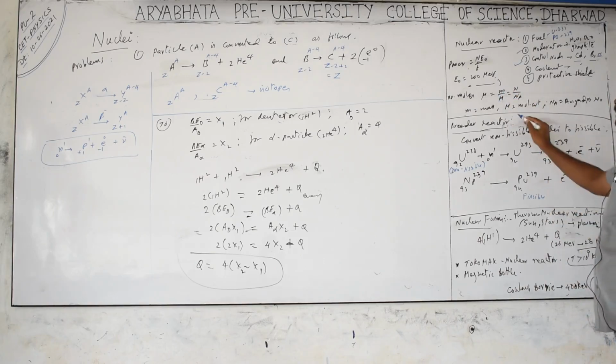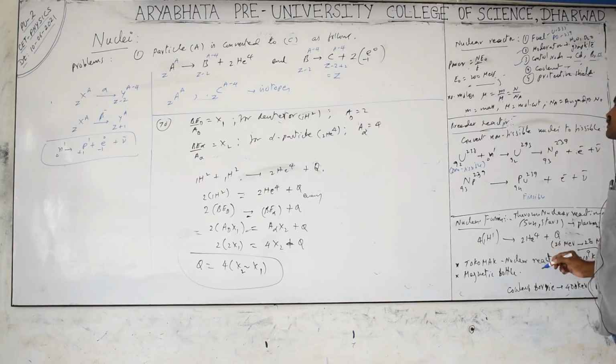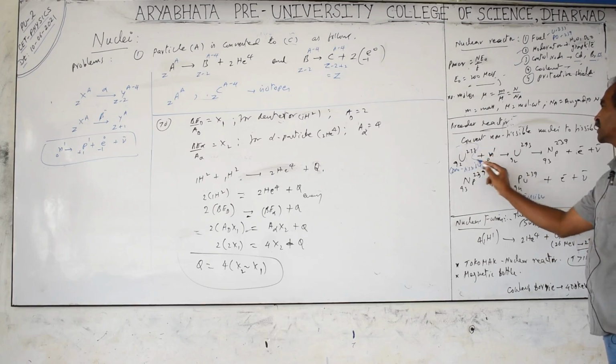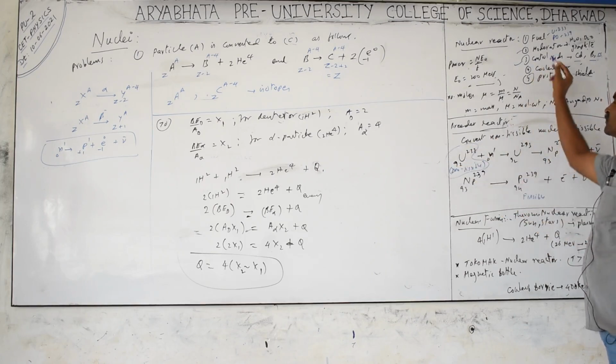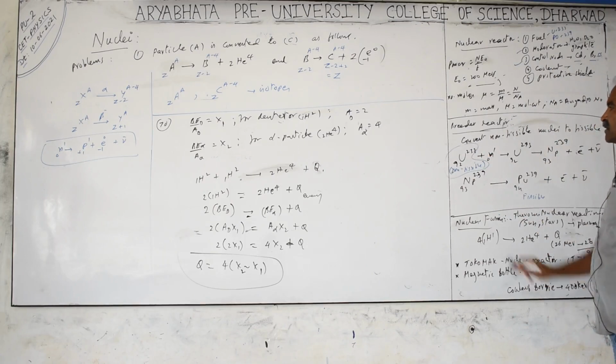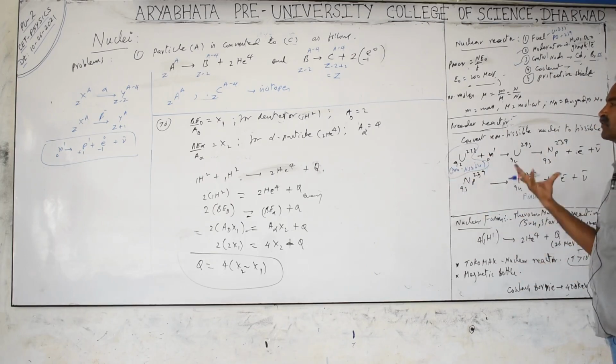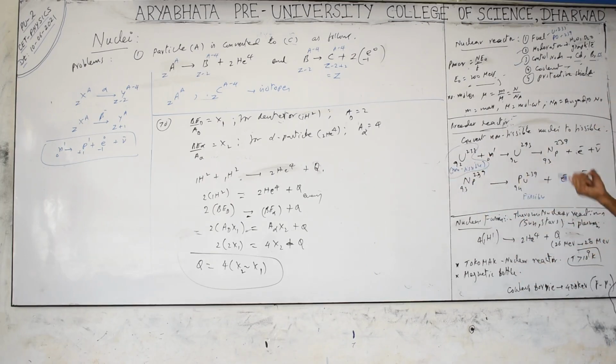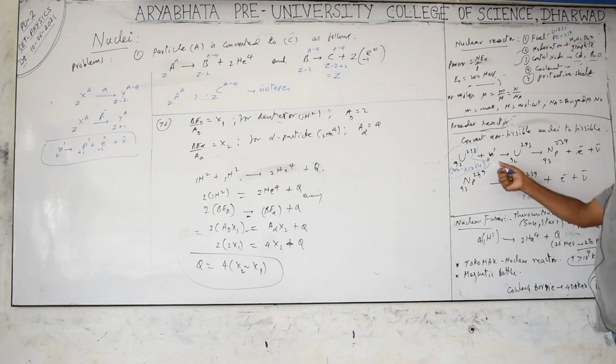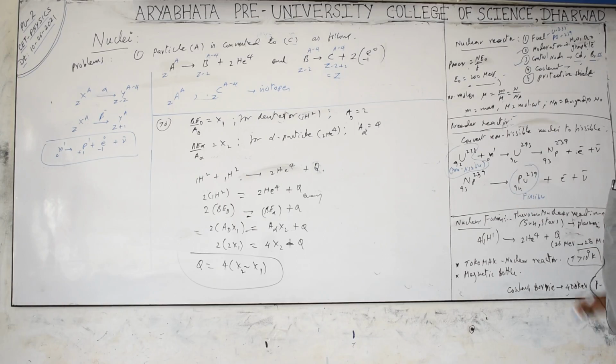Next is the breeder reactor. A power reactor is to produce electric power. A breeder reactor converts non-feasible material into feasible material, like uranium-238 converted into plutonium-239. Uranium-238 is heavier than uranium-235, but still it is not feasible. That means it does not disintegrate producing a large amount of energy. It does disintegrate but very slowly, releasing very little energy. So that is converted to plutonium-239. This is a highly feasible material, even better than uranium-235.